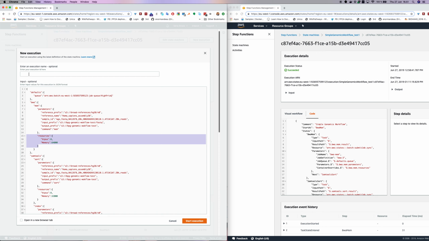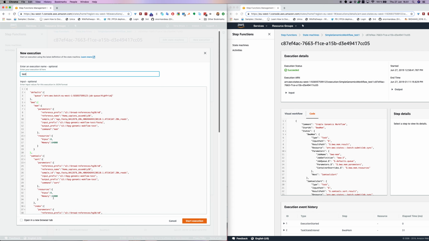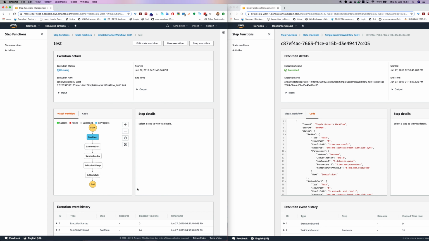Also, you can define the run name for debugging purposes. If we go ahead and hit the start execution button, you can see that the